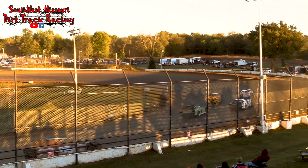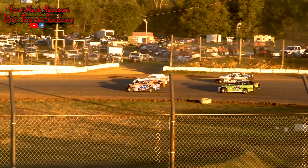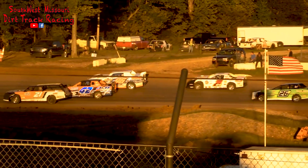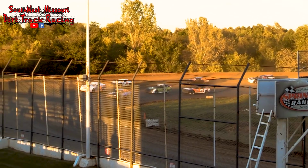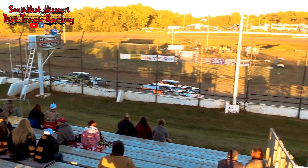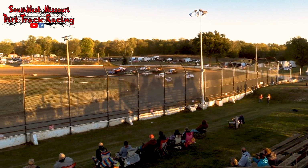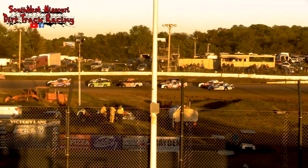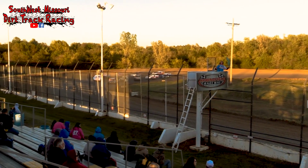And I tell you what, we got some good cars in these B features. Right there on the front row, you got James Floyd in the number 42. Dalton Imhoff in his 96 car on his outside. Row number 3, you got Donnie Miller in the number 26. Pardon me, that is Lewis Jackson, 28K inside row number 2. Michael Muskrat on the outside, the 164